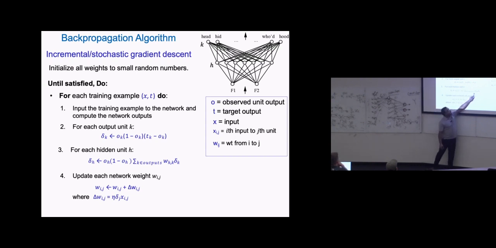But what will change is, now you take a weighted linear combination of all the errors that happened in the output layer to approximate what error happened, rather than looking at tk minus ok, because there is no tk minus ok there. You just take a linear combination of the errors here, here, here. The linear combination comes from the weights of these edges. That gives you an approximation of the error.